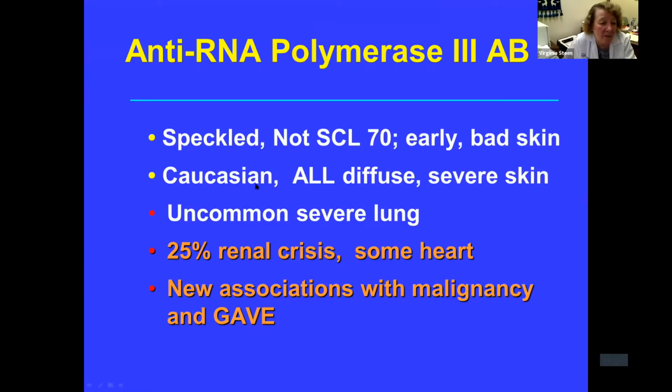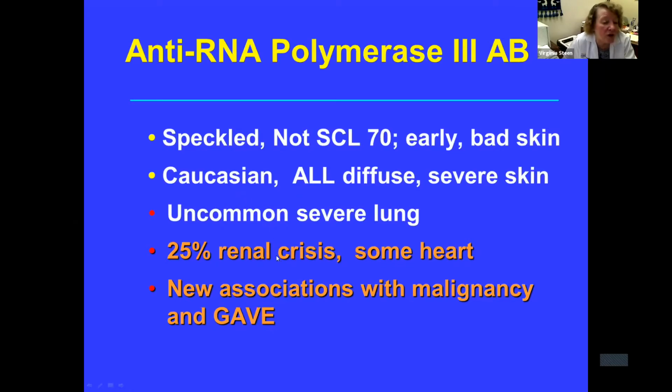It is more common in Caucasians. Almost all of them have diffuse disease. Some of it's not as severe as others. They can have lung involvement, although it's less commonly severe, and most commonly it's just mild and doesn't progress. But 25% of this group will have RNA polymerase III antibody, and this is really important to make that diagnosis